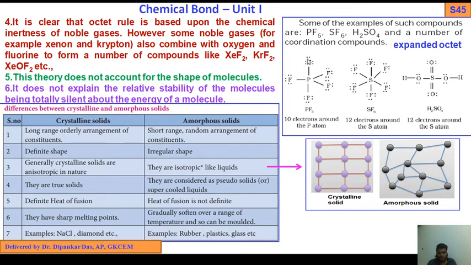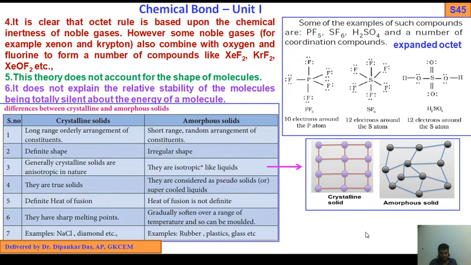Okay. Now, crystalline solids, amorphous solids. So the basic difference is orderly arranged versus not orderly arranged, randomly arranged. They are true solids. They are considered as pseudo solids. Definite heat of fusion. Heat of fusion is not definite. They have sharp melting points. They soften over a range of temperature. NaCl, diamonds; here rubber, plastic, glass, etc. These are the amorphous solids. Here the same crystalline solid, orderly arranged,